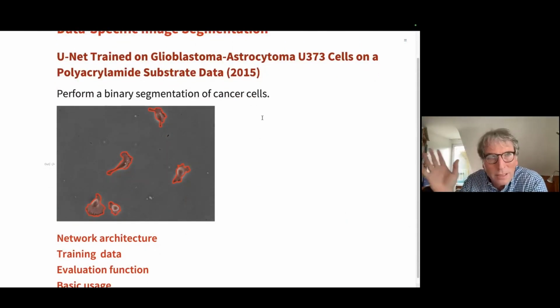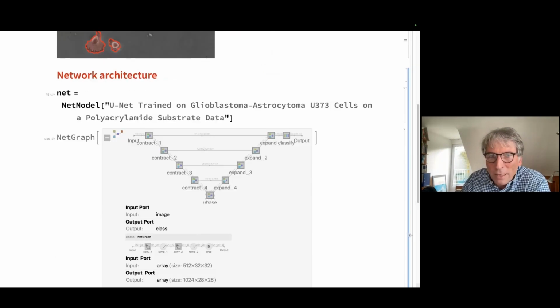This is also still 8 or 7 years back. A very small network now, but with a different architecture I'd like to mention from 2015, which is also a network for the classification of a specific data set. So it's not a genuine arbitrary segmentation routine, but just for the specific case where you'd like to segment cancer cells under a microscope. But the interesting thing about this network is that it's a new architecture. It's a so-called UNet,